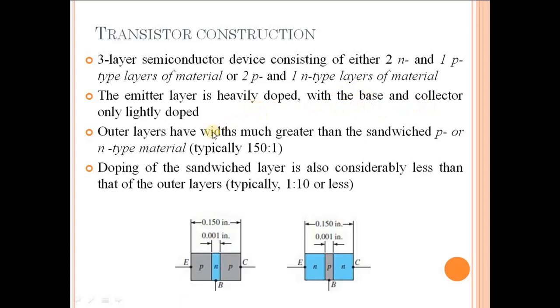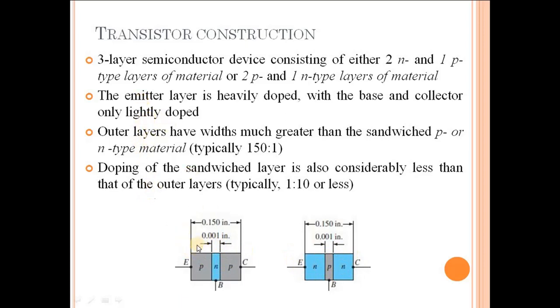If we compare the respective widths of the different layers, if you have a PNP, this is the construction diagram. This is not a physical diagram; this is a construction diagram to demonstrate how the width and the different layers are arranged inside a BJT. So you should not confuse these diagrams, this one as a PNP transistor, this one as an NPN transistor. You should not take it as a physical diagram. These are construction diagrams just for study purpose.